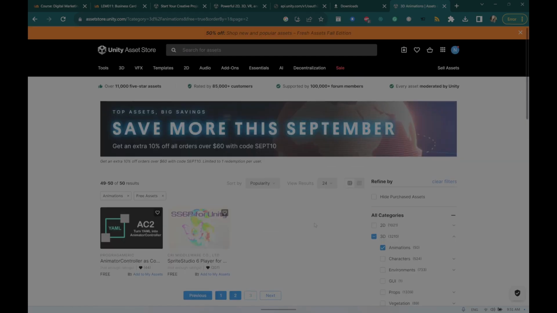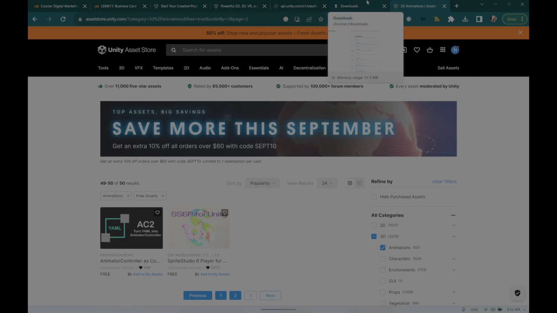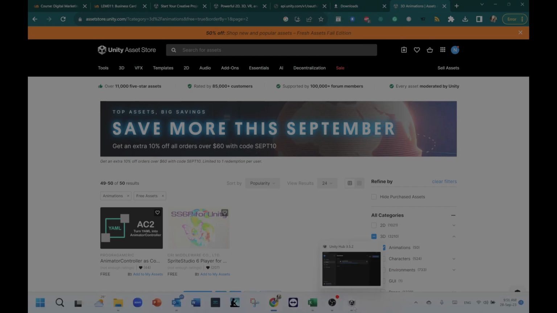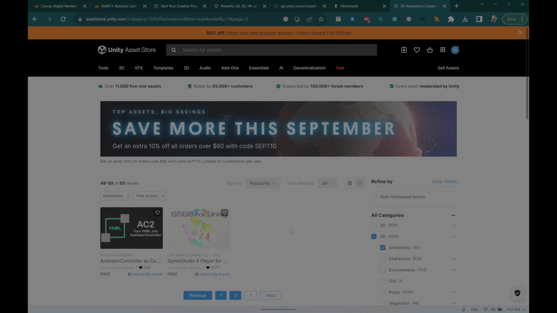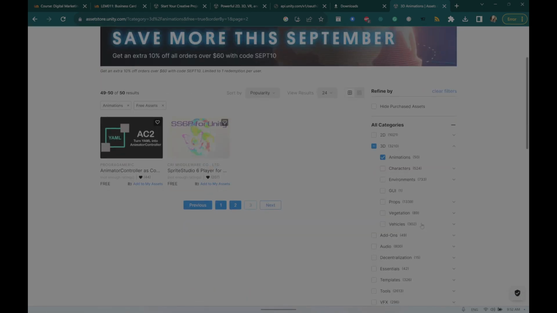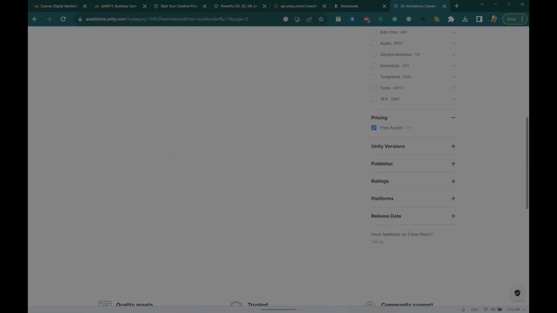But I think you can also import assets from other applications. We are still waiting. I probably didn't need that editor, but maybe we do need it. So let me check exactly what it is that we need for this new installation. So this is one very interesting thing that I am also introducing here, the Unity Asset Store. Please work around it, take a look, see what you got there, and well,